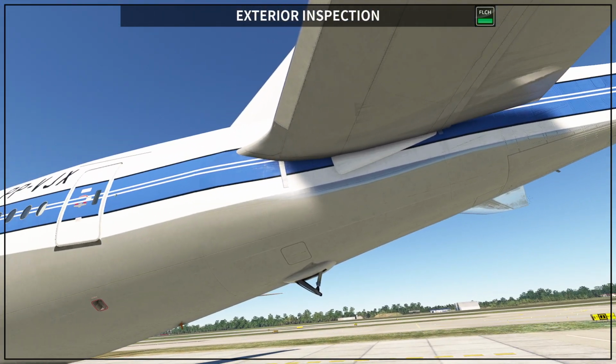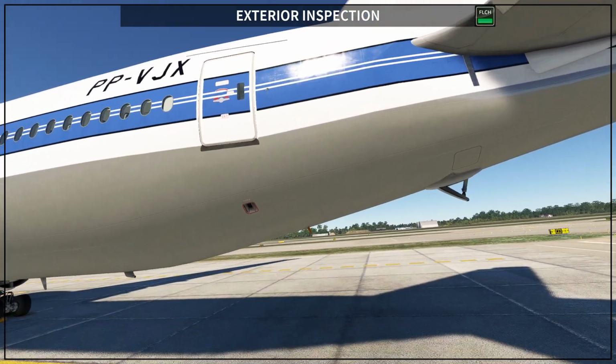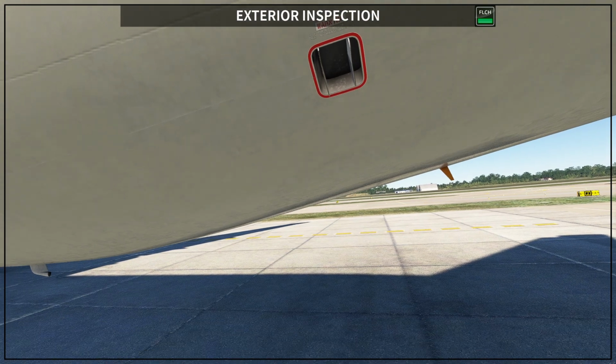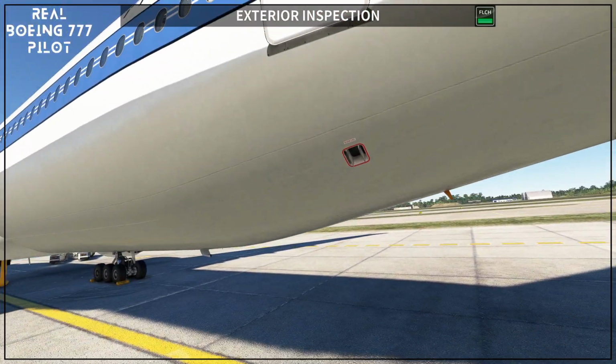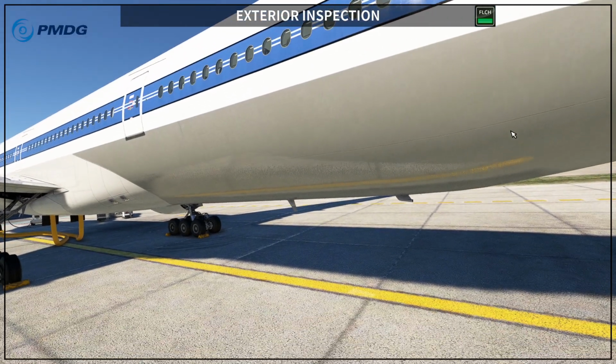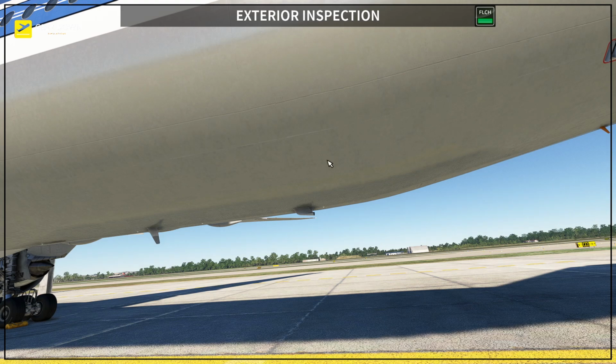Couple of things that are still different on the left side. You have the aft outflow valve. You want to make sure that the aft outflow valve is also completely open, okay? Then you have some drains here on the left side. There are some other ports here in the real airplane. You're going to see other ports and other drains here. These are for the cleaning,